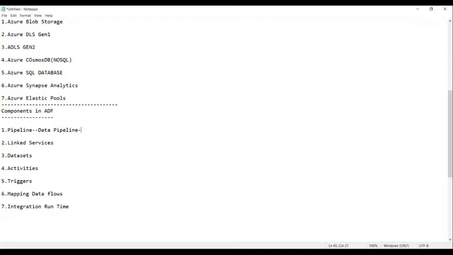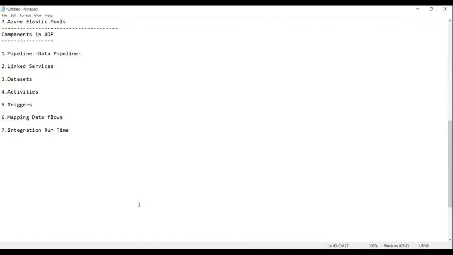The pipeline is called a data pipeline, which is responsible for orchestrating the data from the source to the target.